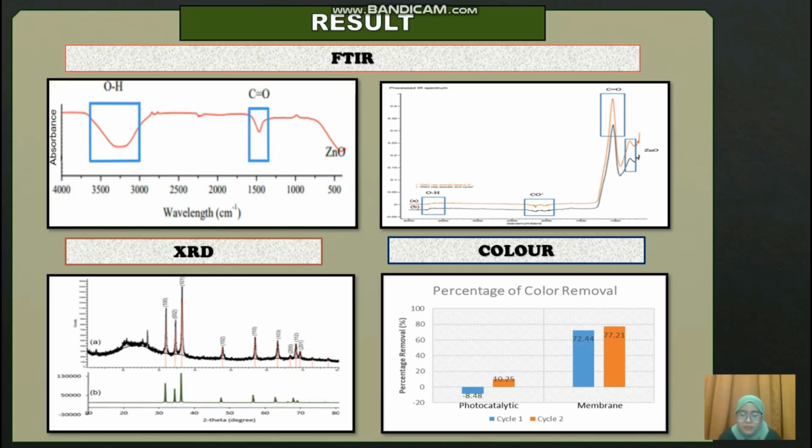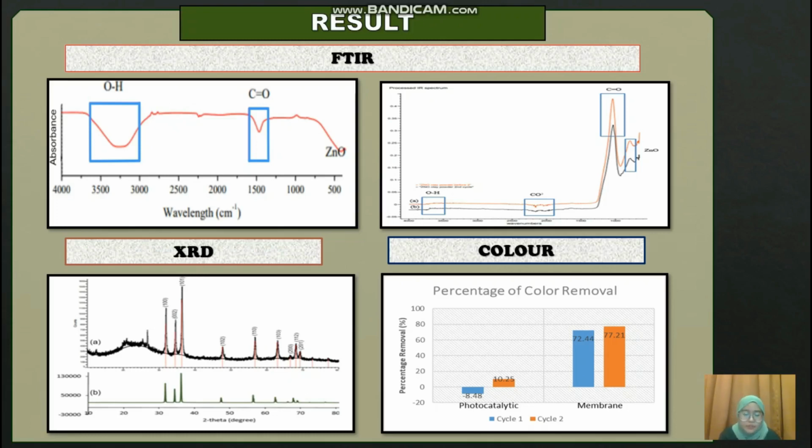removal efficiency. While for the photocatalytic treatment of Pomse in the presence of zinc oxide clay, the first cycle shows poor color removal percentage, but it improved in the second cycle. The enhancement of degradation efficiency in the presence of a sufficient amount of catalyst in the solution is obviously due to the increase of the active material, and thus the zinc oxide active sites result in enhanced free hydroxyl